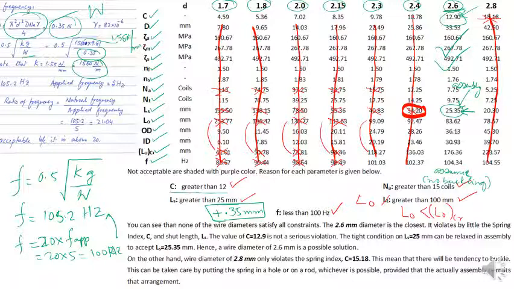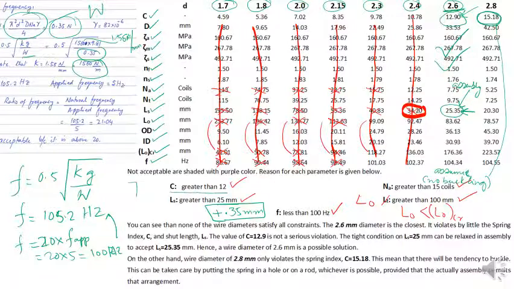But if I cannot, then I will go back to this 2.8 and look at it over here. The only place the violation is, is here. Here is the violation. And I need to go back and very critically check: will it buckle? And if it buckles, then I will have to find a solution. What can I do? I can take